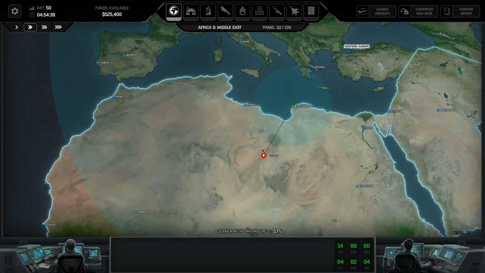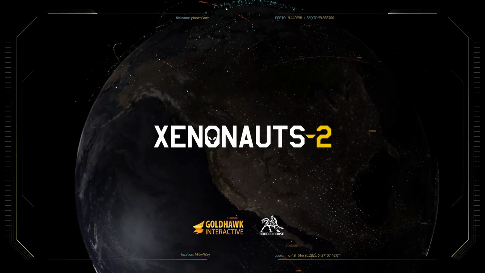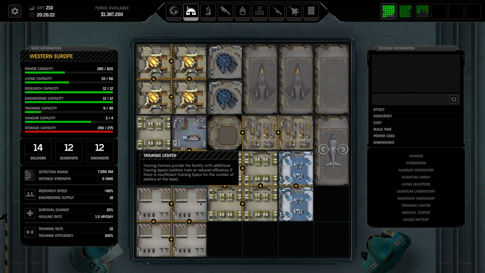My name is Tom, and today we're going to get ready to save humanity from an intergalactic menace in a review of Xenonauts 2. This is a turn-based strategy game developed by Goldhawk Interactive and combines intense tactical shooter elements